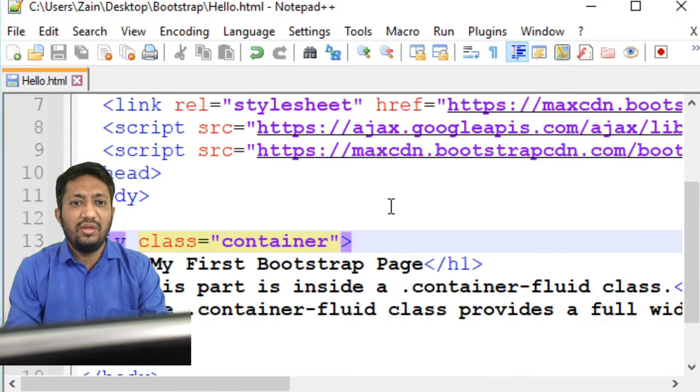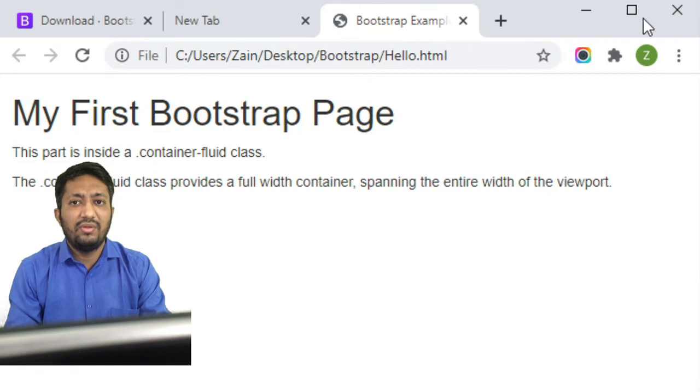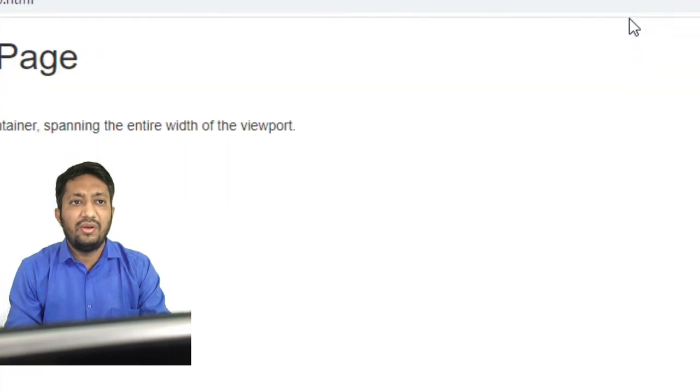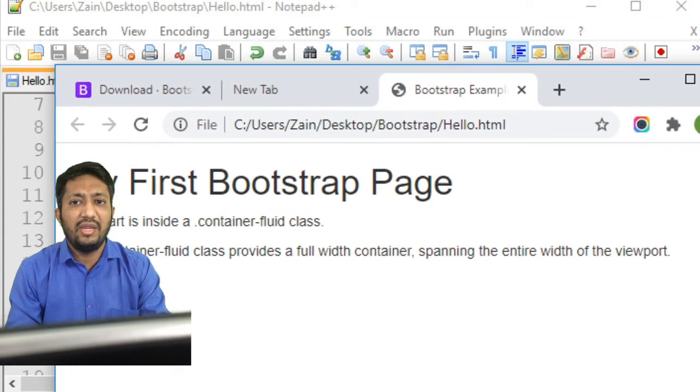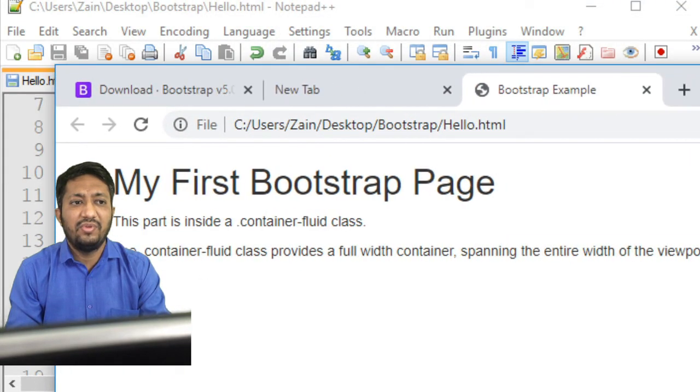If we are putting the container class, then our data part looks like this. My data does not start from the very edge.